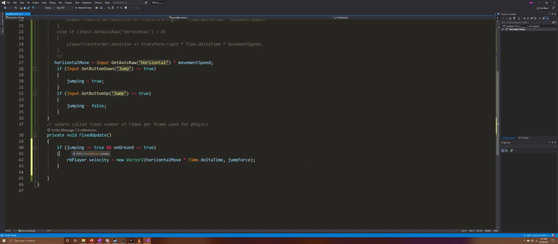So basically, if both conditions are true, me holding the spacebar and on ground equaling true,